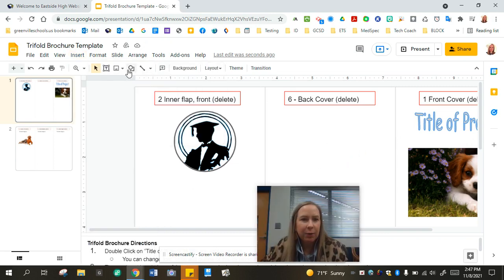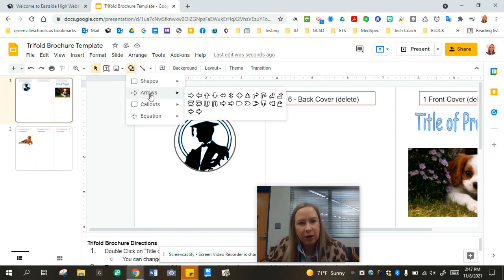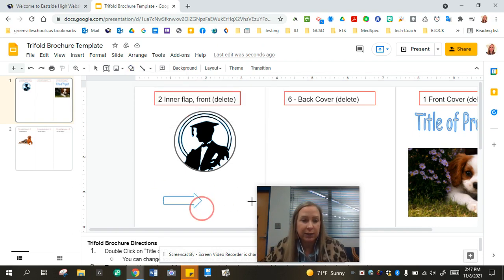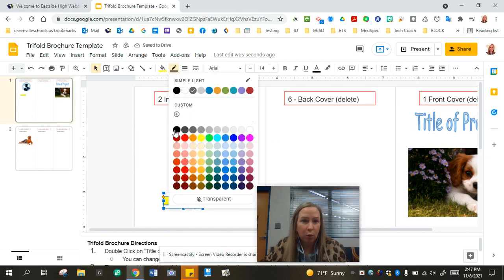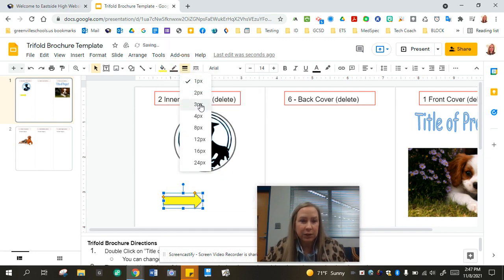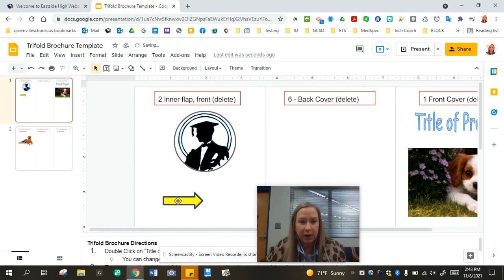All right, last thing that I want to highlight are shapes. So shapes can include things like arrows if you're doing like a process. So maybe in your brochure, you're showing a chart, a process of, your freshman year, you have to do this, then arrow over your sophomore year, you have to do this. So you can insert, of course, arrows to show a process. Same thing as images, you can fill it in with whatever color you would like. You can choose a border color and you can choose a border thickness depending on how you want your shape